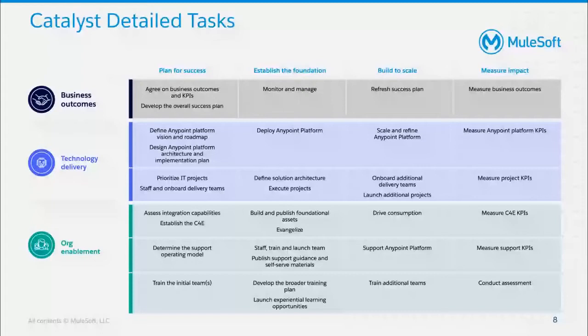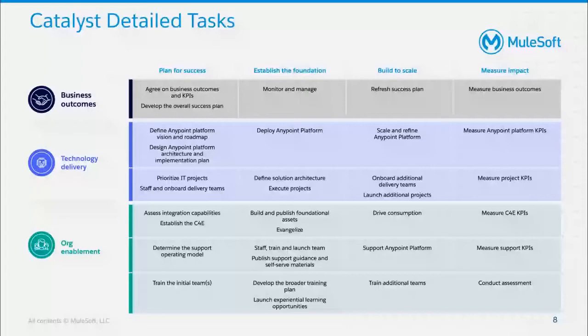And then you go look into the next playbook, the technology delivery. And that's where you actually set up your platform for success. You start to look into the vision. As I said, you build up an architecture and implementation plan. And then once you have done that, you actually start looking into prioritizing your first projects, building up a backlog, staffing and onboarding your delivery teams. So again, there's a step-by-step procedure on how to start onboarding and actually achieve a quick win for your first